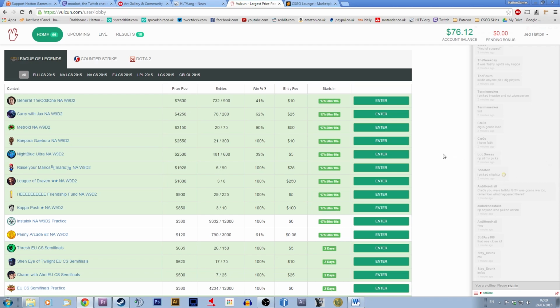So recently I've been contacted by a site called Vulcan.com and they've just asked me to do a general review and provide some feedback. Basically it's a fantasy league for CSGO where you can earn real cash prizes based on how well you perform. They've put a crazy amount of funding into the prize pool with a total of $4